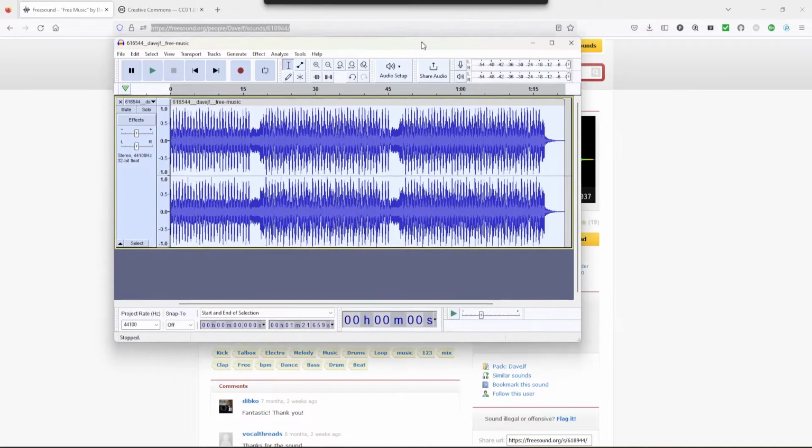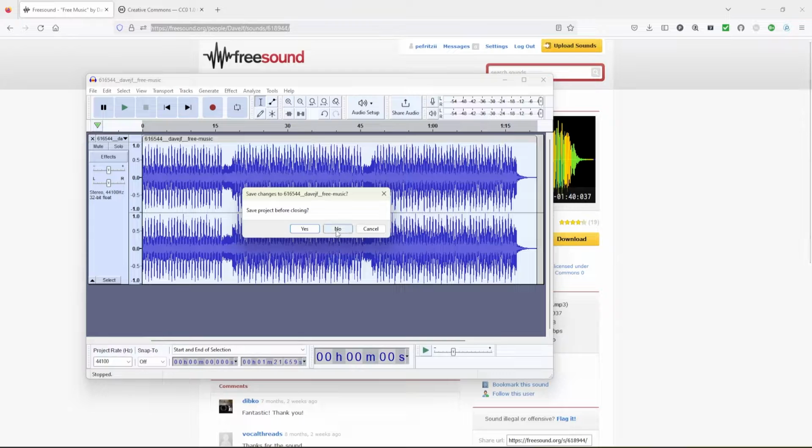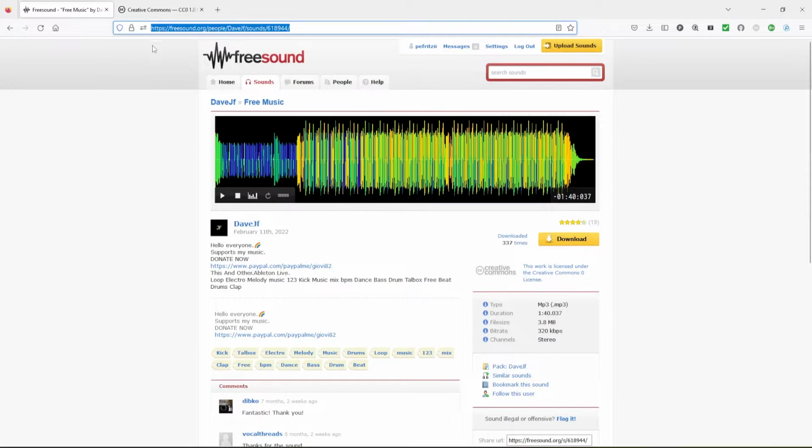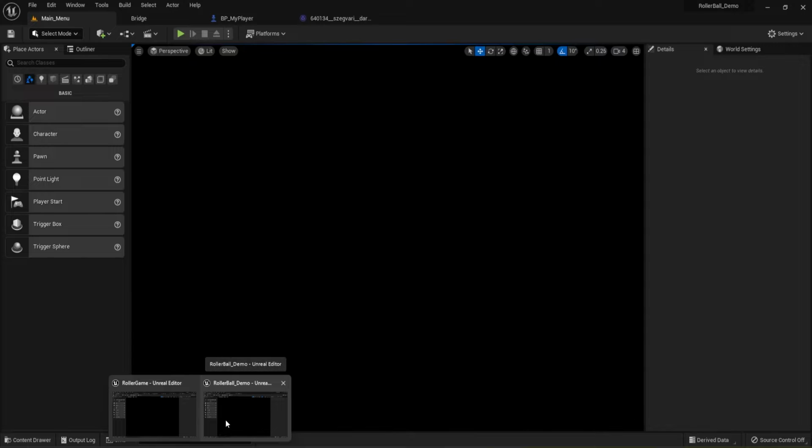If it's a wave, it will work directly as it is. If it's already an OGG, you can also do it, download it as well. Okay, and put it directly into Unreal Engine. Okay, so with that done, so now what we want to do is I'm going to go ahead and go